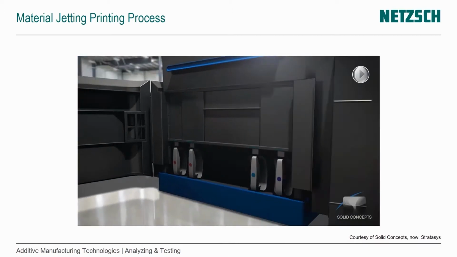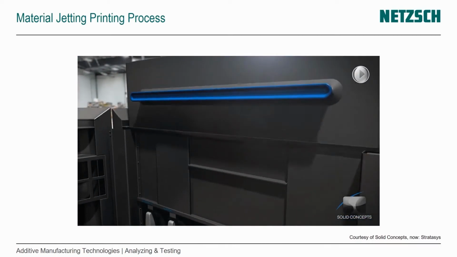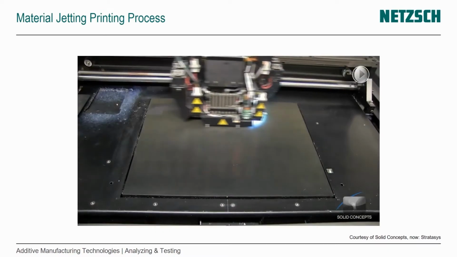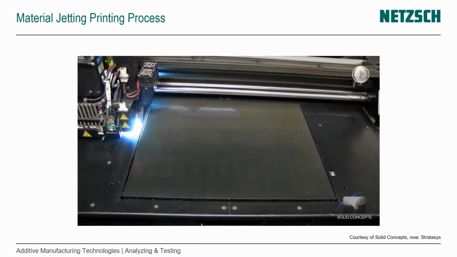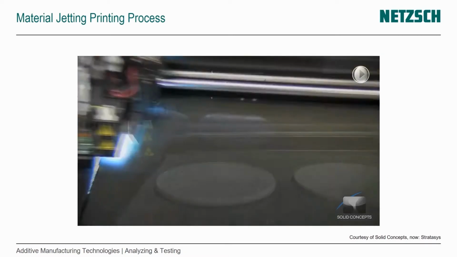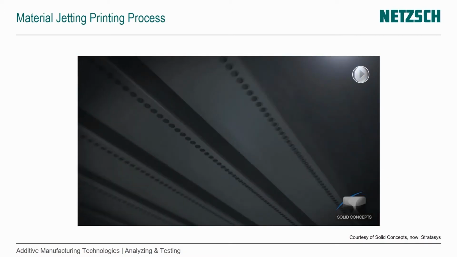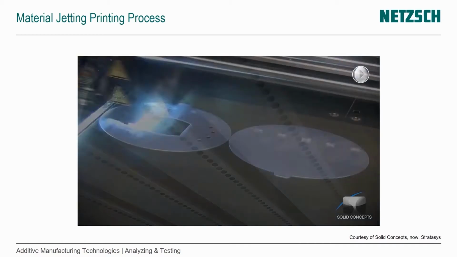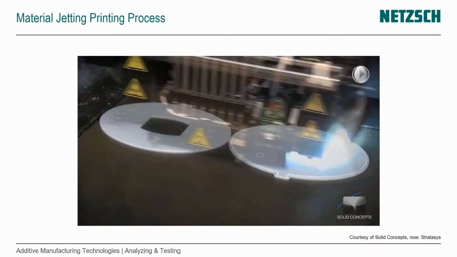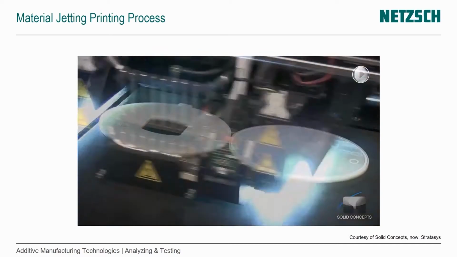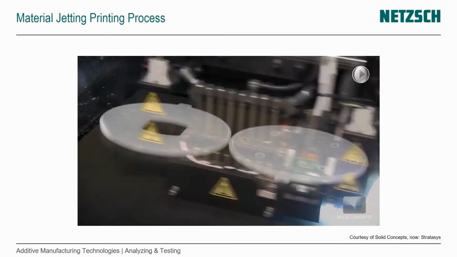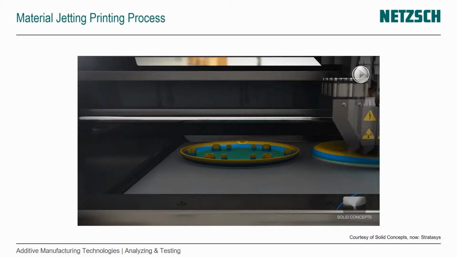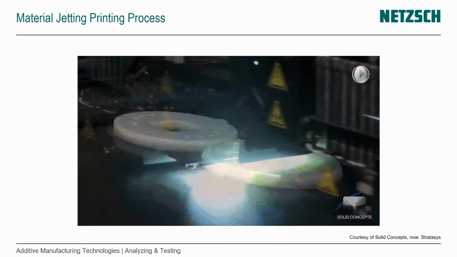Now we're moving into the machine and we're taking a look. Here you already see different cartridges and you see the colored point on it. That gives you an indication that we're talking about a full color print method here. So you see that the printhead is going past the build platform. And here now I see a schematic of droplets being deposited out of arrays of nozzles. So a lot of droplets at the same time as we're moving, and different colors obviously can be mixed here. And then as we're moving and depositing the droplets in the same movement, the UV light also turns on and cures the part. So we see layer upon layer how it's built.